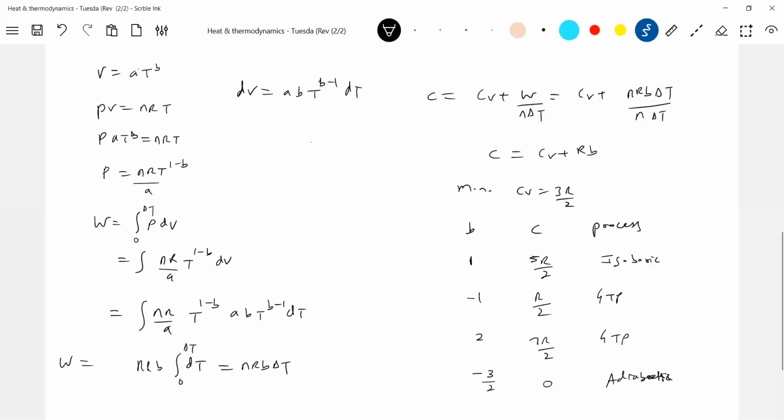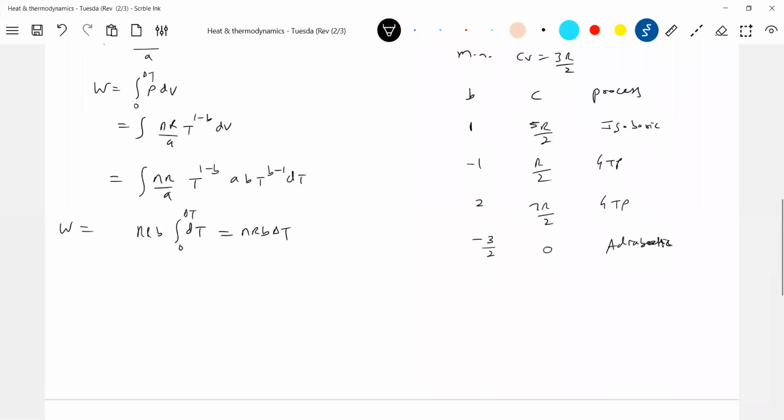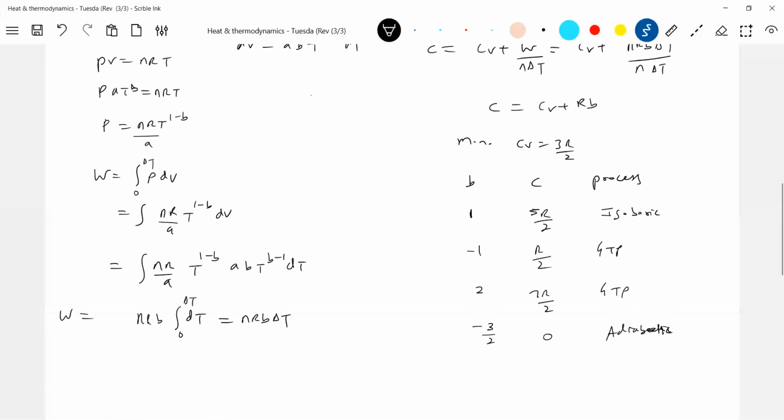Yes. So I'm going to take the help of the same problem. I'll solve it by the polytropic process. When we were discussing the first time, I didn't stress the polytropic process. Now since it's a revision, we need the skills. What is the value of X? C is CV plus R by 1 minus X. This is the formula. Then work done equals nR delta T by 1 minus X.